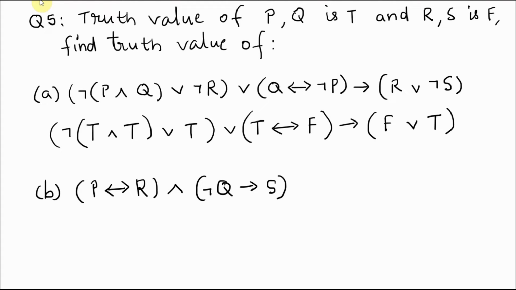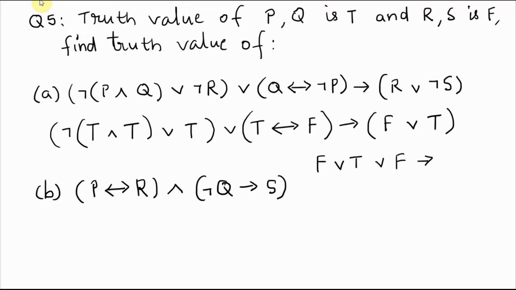Now if you evaluate this, you can see that true and true is true, and not of true is actually false. It is false. And then we have or with true, so false or with true. And then this one is false because for a biconditional both must be true for this to be true, but one of them is false, so this is false. So or false implies,